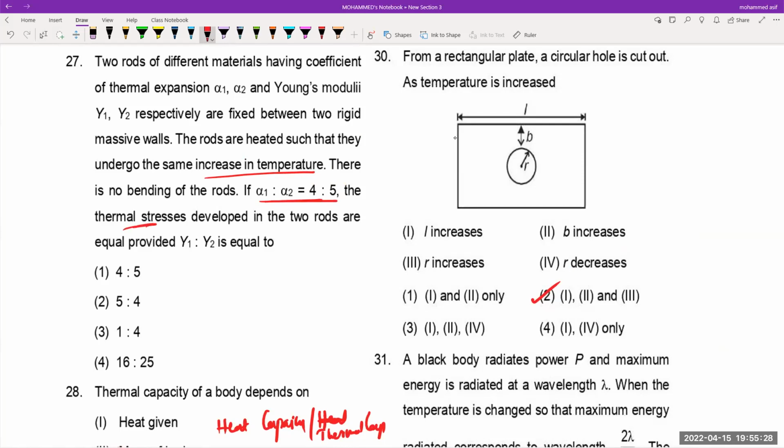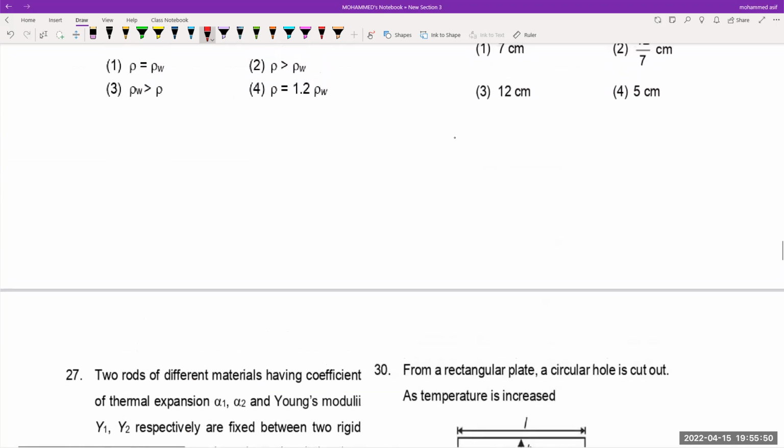Thermal stress का फॉर्मूला क्या है बेटा, thermal stress will be equal to y into alpha into delta theta, यानी I can write here y1 alpha 1 will be equal to y2 into alpha 2. So y1 divided by y2 is equal to alpha 2 divided by alpha 1, that is nothing but equal to 5/4, and 5:4 will be the answer for this simple question. इतना आसान था पेपर, देखो।